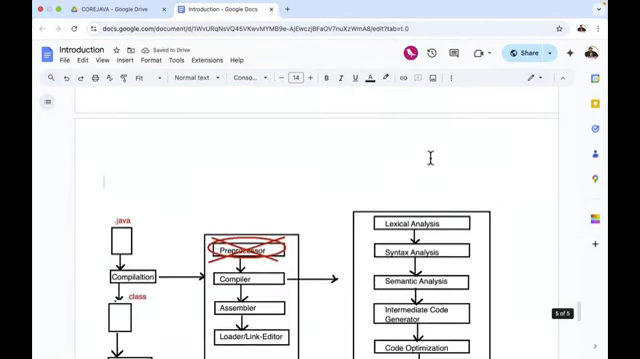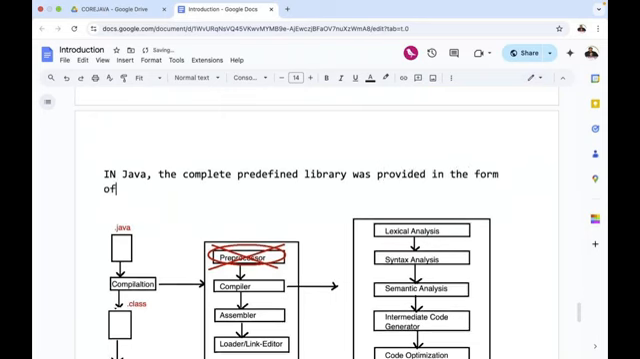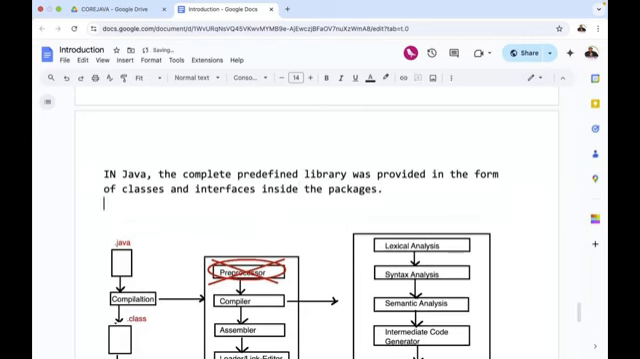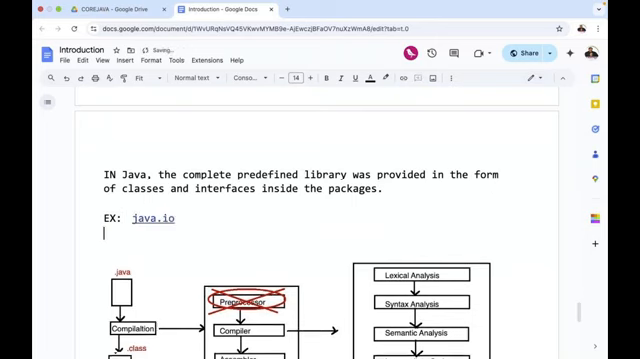I'm going to give some points in order. Observe carefully, guys. In Java, the complete predefined library was provided in the form of packages, in the form of classes and interfaces inside the packages. Simply speaking, the complete predefined libraries exist in the form of packages. What are the various examples of these packages? Observe carefully. Examples of packages are java.io,